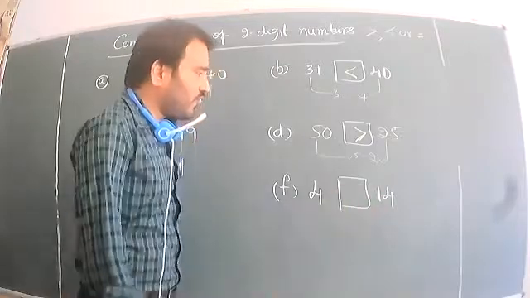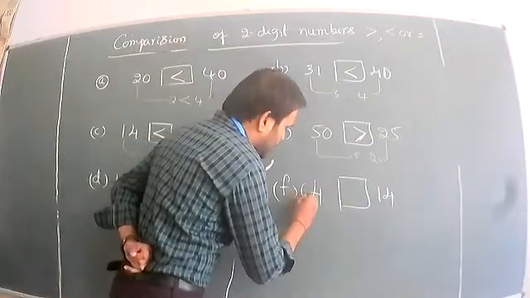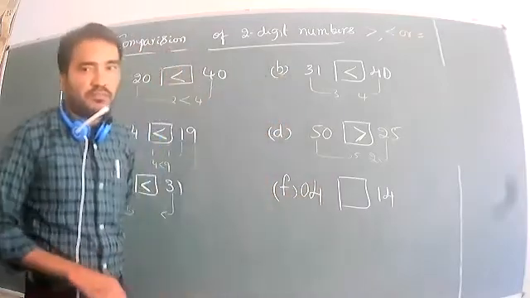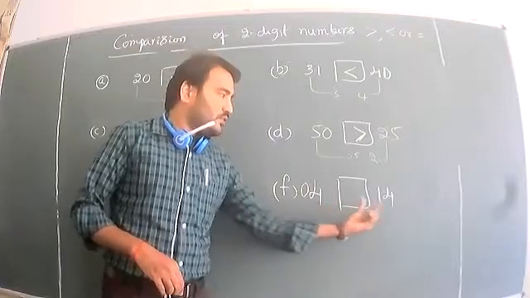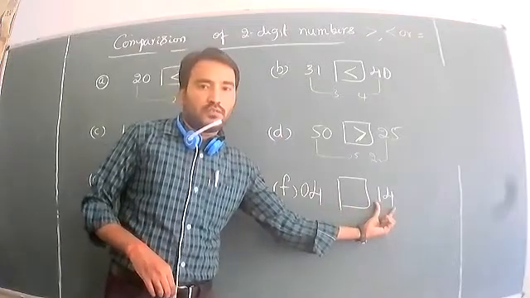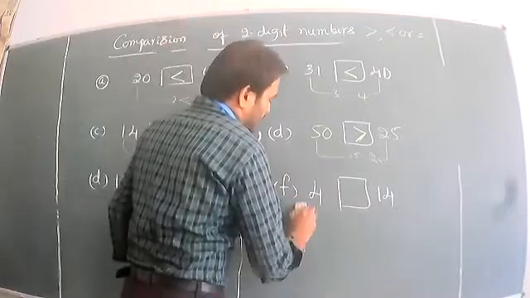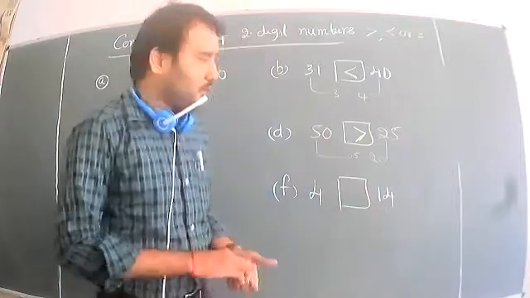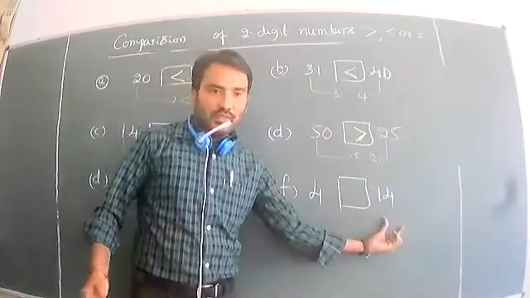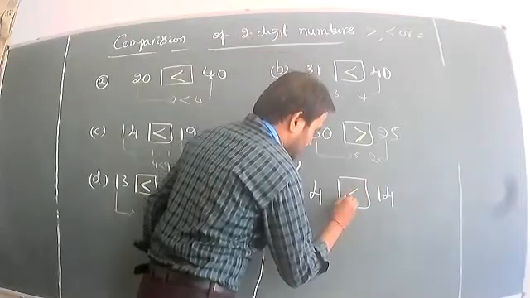Guruji, how do we find the first digit when it is 4? We should write 0 in the first place, because 4 is in the second place of the number. In the first place is 14, which is a 2 digit number, and 4 is a 1 digit number. Which one is greater? The greater is the 2 digit number, 14.